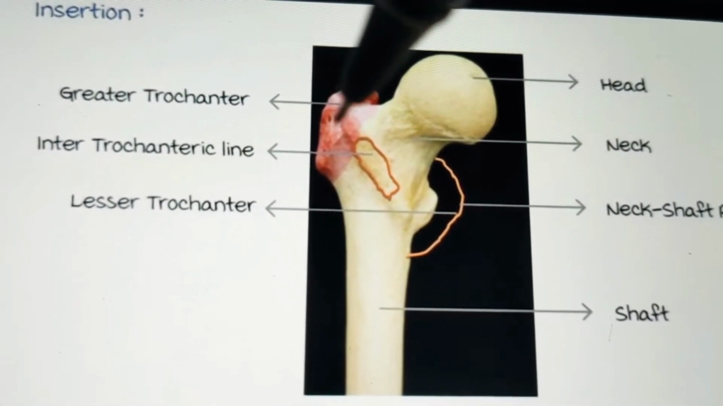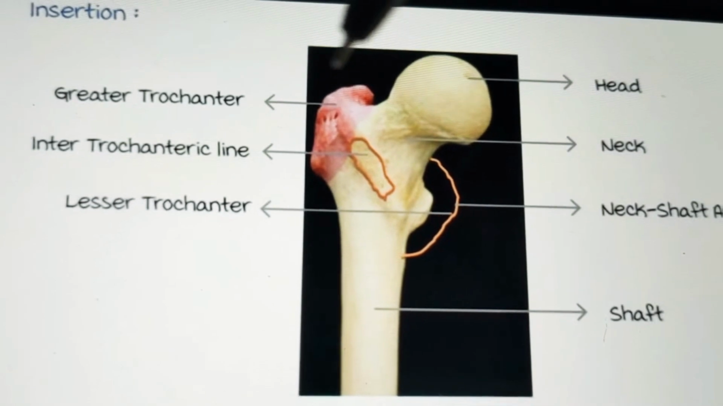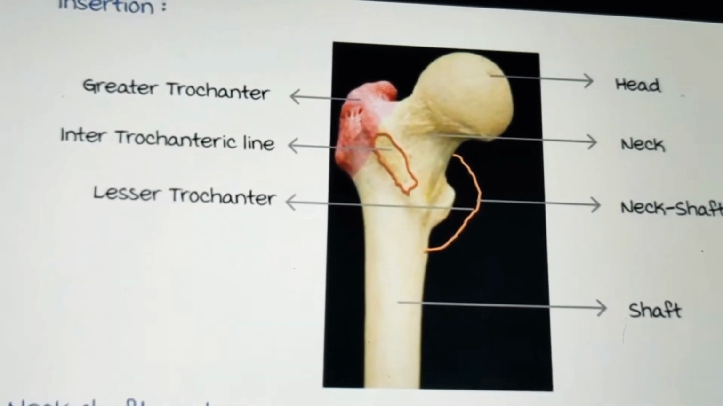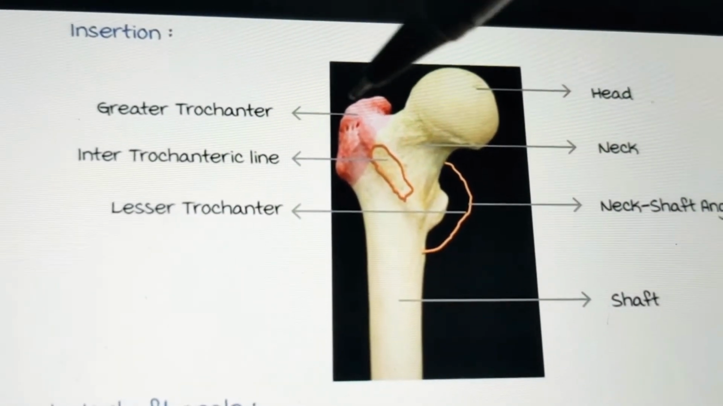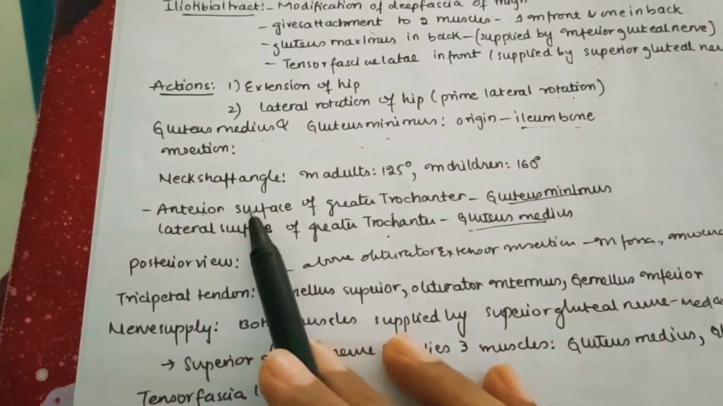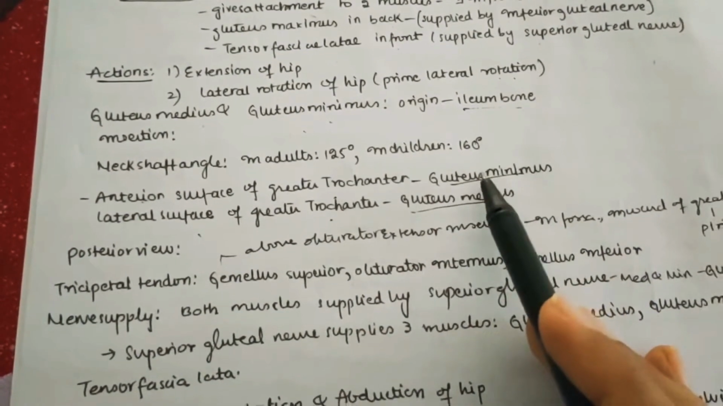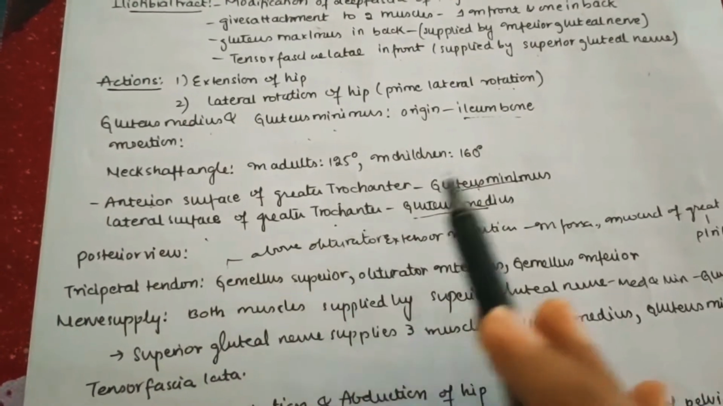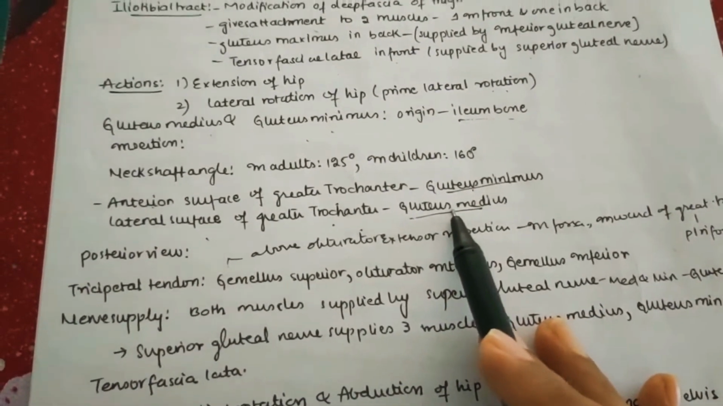And here you can see the anterior surface of the greater trochanter. To this anterior surface of the greater trochanter attaches the gluteus minimus muscle. So once again let us revise that point. The anterior surface of the greater trochanter gives insertion to gluteus minimus, whereas the lateral surface of the greater trochanter gives insertion